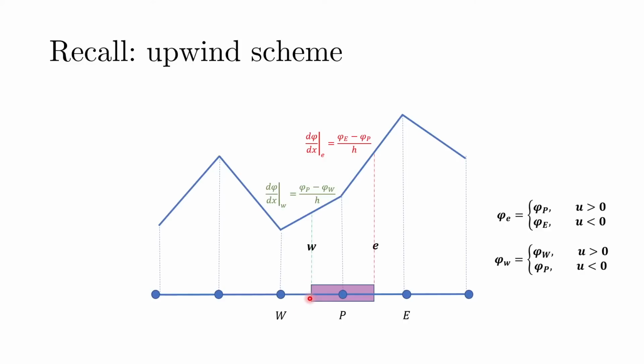In one dimension, if we have a finite volume like this, and the neighboring points like this, then we said that phi at the east face would be exactly equal to phi P if the u velocity is greater than 0. That is, if the flow is going from left to right, then the variable phi at this east face would be the same as the upstream variable, that is phi P. Similarly, phi w would have the upwind variable phi at capital W. So any quantity at the face would be the same as the upstream value or the upwind value, and that is where the scheme derives its name from.